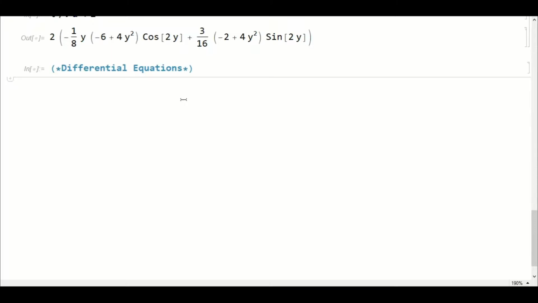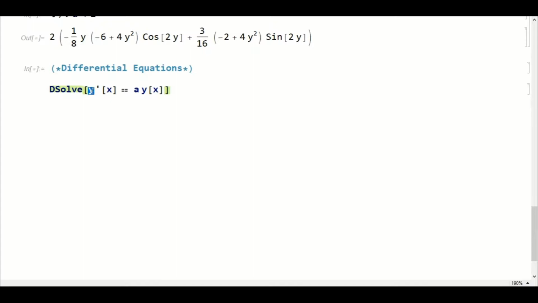But if you want to solve a differential equation, then the inbuilt function is DSolve. So suppose that I have a differential equation y'(x), which is basically dy/dx, equal to, this is the assignment operator, you always have to keep this in mind, a times y(x). Okay, so this is the differential equation.